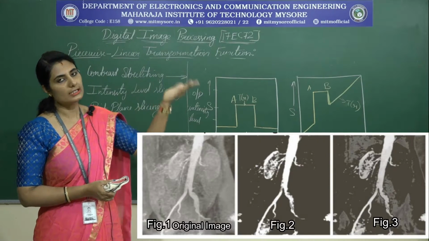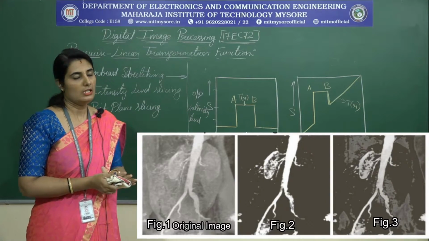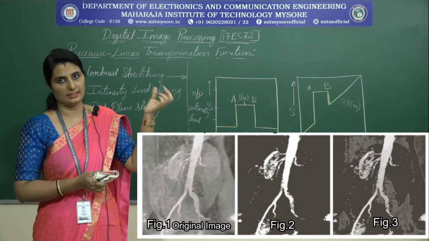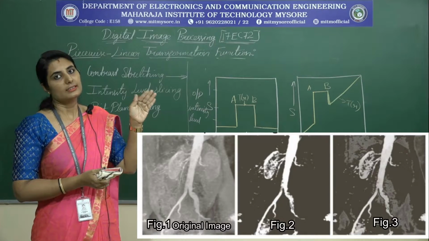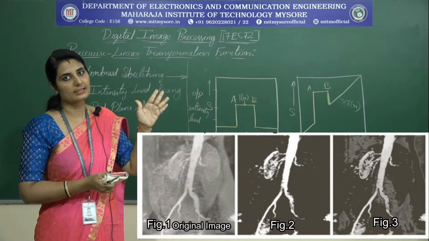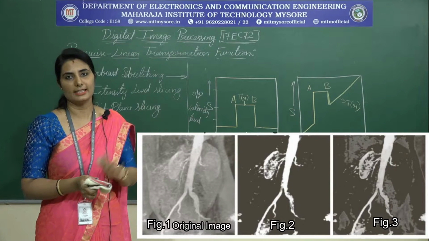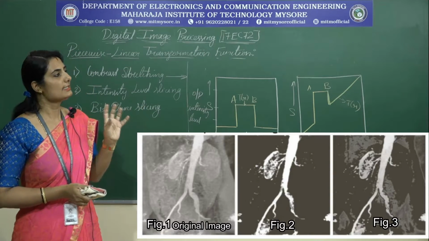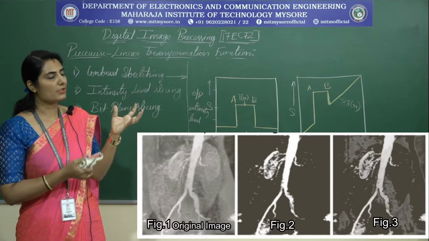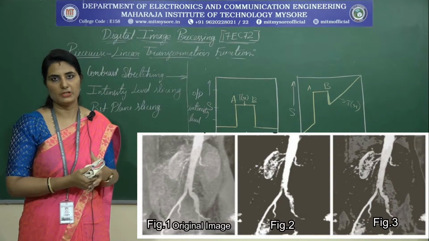Okay, so now look at this third image. This is the result of the second approach. Here we are highlighting the range of intensity levels that includes the blood vessel, but the other parts and objects having other intensity levels are preserved as they are in the third image. This type of intensity level slicing is used to extract only the object which is of interest in that particular image. Okay.